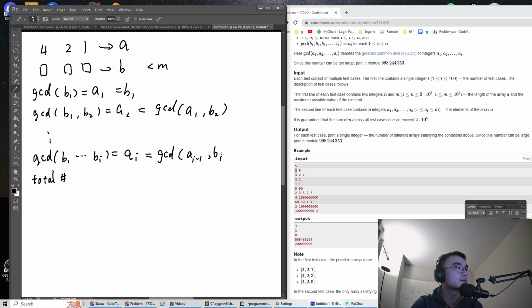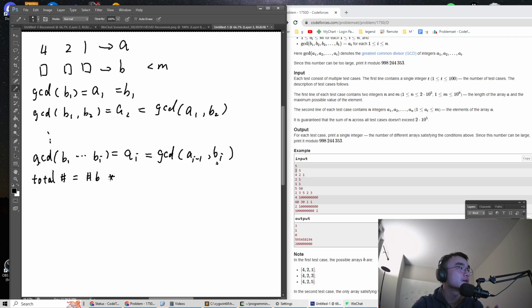And then Bi here. So as we can see, when we choose Bi, it is totally irrelevant to B1 and B2, right? All that matters is A(i-1) and Ai, and both of these two numbers are known. So when we choose Bi, it doesn't matter what we chose for B1, B2 before, right? That is a great observation, which means we can calculate the total number by multiplying the number of